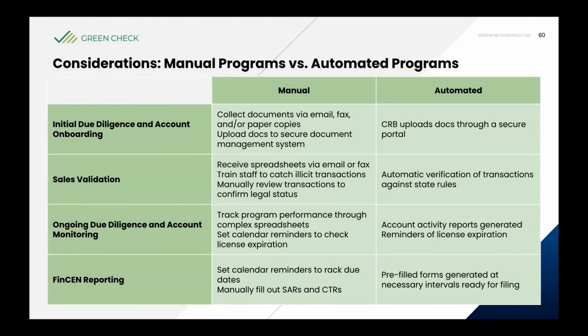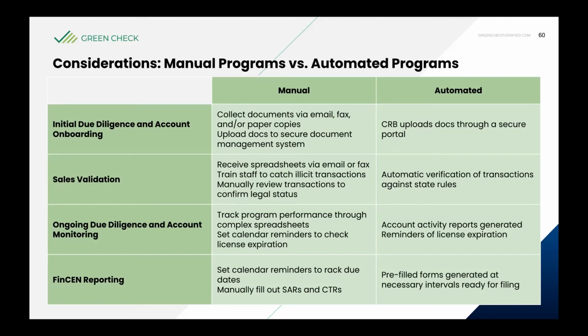So when we think about how to run a program, if you are doing a manual program, yes, that requires more people. For those institutions that have converted from manual programs to our software, we always ask them, how many people were you managing? How many MRBs do you have? And that ratio of 10 to 15, maybe 20 at tops, is what we see in the manual world, because these folks are maintaining spreadsheets in order to find trends in the sales activity. They might be using multiple systems. I'm going to look at the core system, I'm going to look at Verafin, I'm going to look at my spreadsheets, and I'm going to go to all these places where I pull data together,